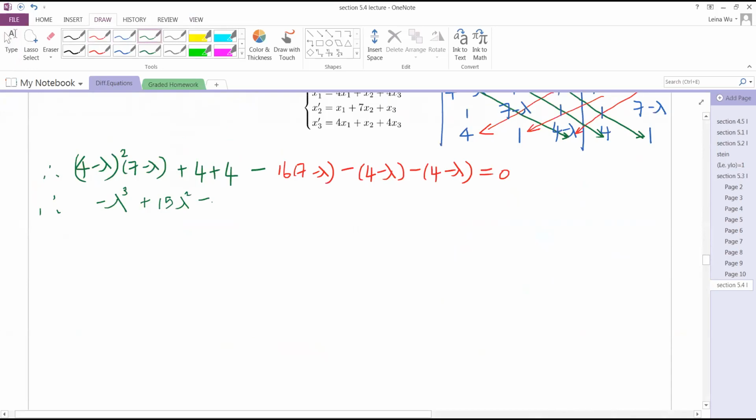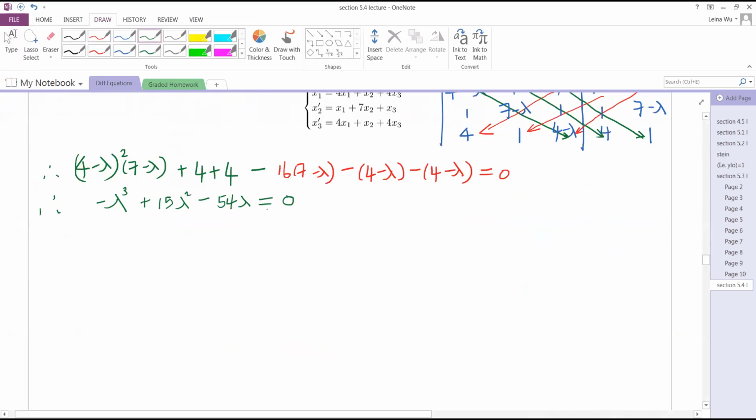Negative 51? That's a weird number. I got negative 66. 56? Close. Is it 66? 50 something? Did anyone get negative 54? Yeah. Okay, good. The negative 54 lambda. Was that Joshua? That was me. Good. So if you did everything correctly mathematically, you should have negative lambda cube plus 15 lambda